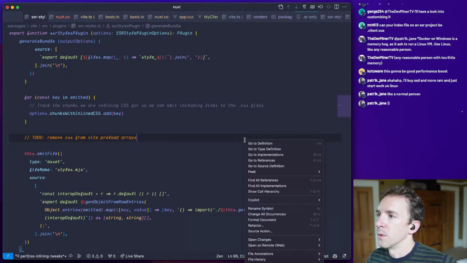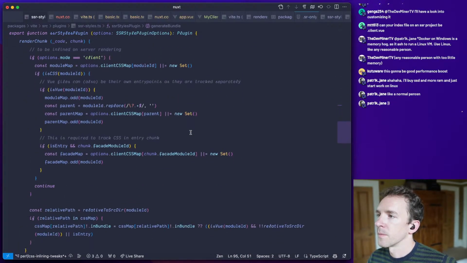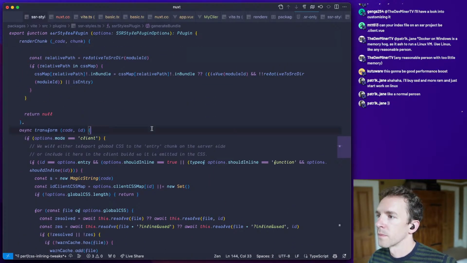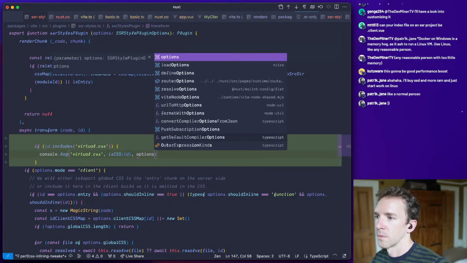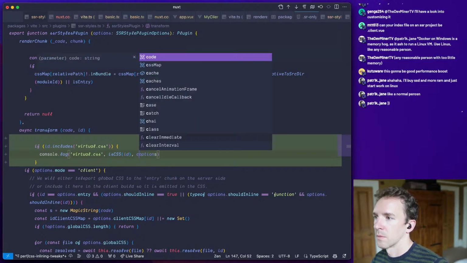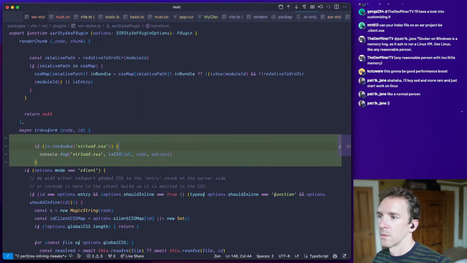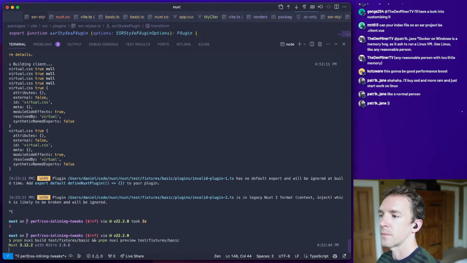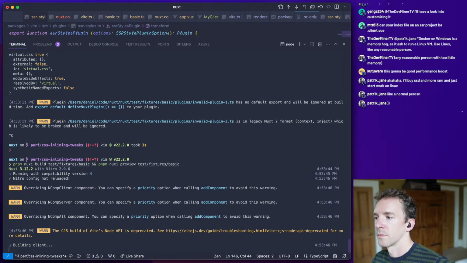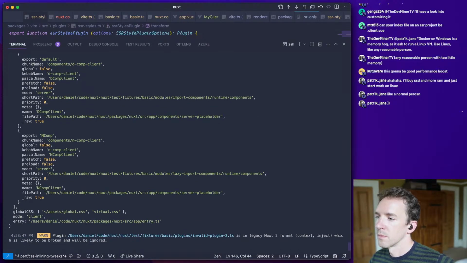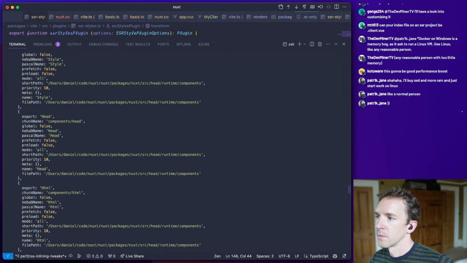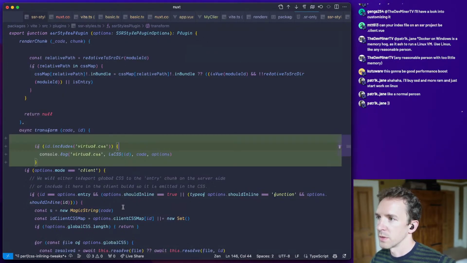And what I need to do here, right, I forgot there were so many options.